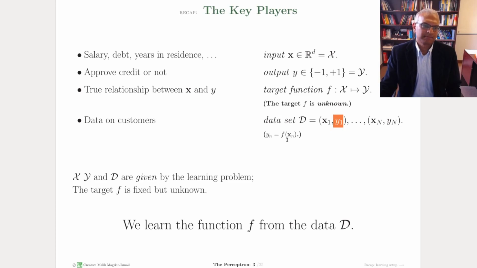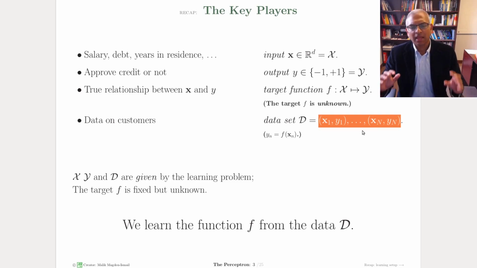Okay, where we assume that each y in the data set is obtained by applying f to the corresponding x in the data set. Now, how this data set is obtained is for the moment not our primary concern, but it can, in several applications, be a challenging task, especially once we cover the theory and see what the requirements of this data set are. And usually, when machine learning is failing, it's because whoever gave you the data set failed to obey those constraints that are required by the theory. So it's important to understand the theory